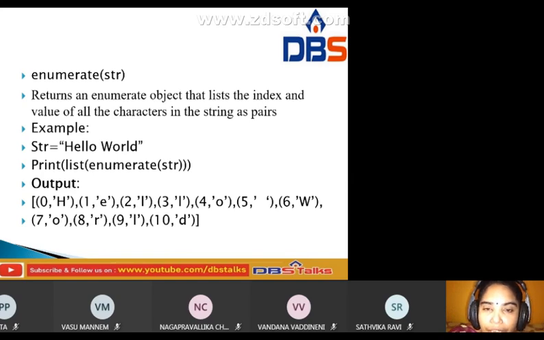By using this method it lists the index and value of all the characters in the string as pairs. Initially we take 0, 1, 2, 3, 4, the space also 5, 6, 7, 8, 9, 10.